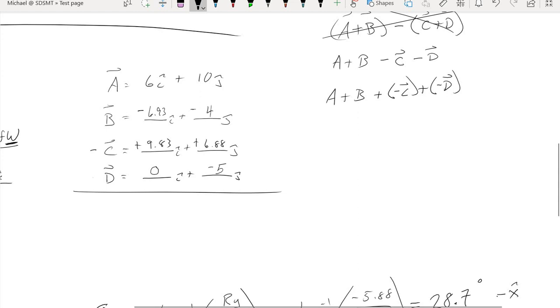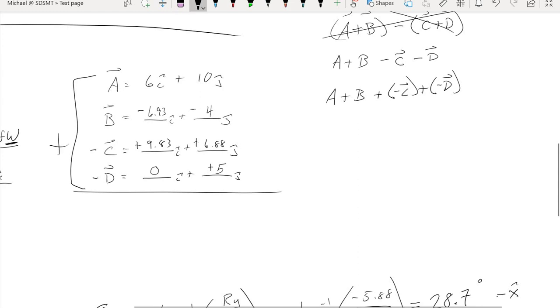Likewise, I need to put a negative sign in front of d, which means I need a negative sign in front of everything else. Technically, there's no such thing as a negative 0, but we do end up changing the negative 5 to a positive 5. And now I'm ready